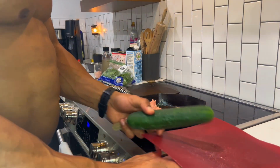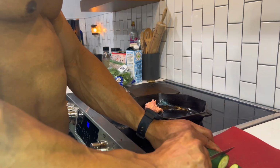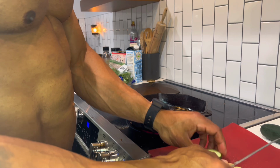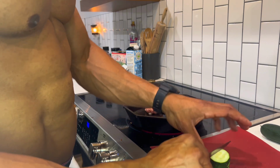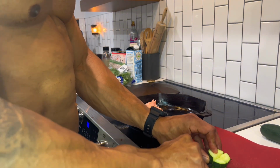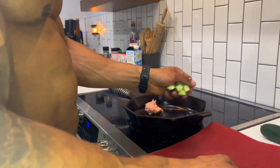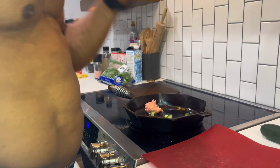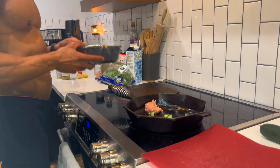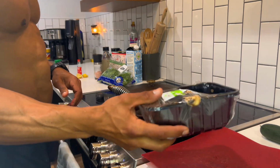We're gonna cut up our cucumber. This I don't really measure out because there's virtually nothing in it, but I usually just cut about 5 or 6 rounds, slice those in half, so I quarter them and then slice them in half again. Add those to our pan. Then we go mushrooms,